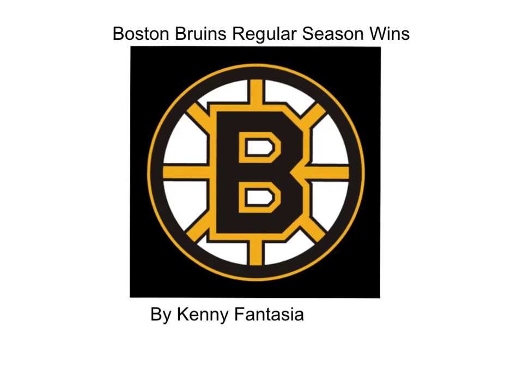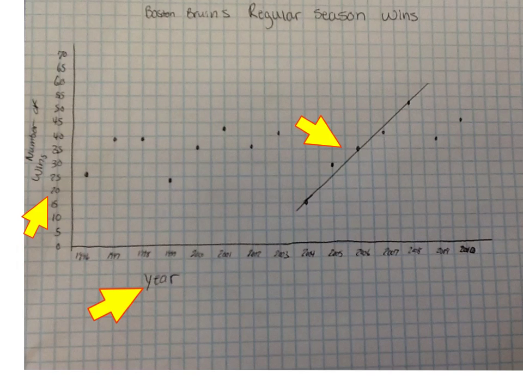Okay, so for my project, I did regular season wins by the Boston Bruins in the last 15 years. So I started off doing some research online on how many wins the Bruins got in each of the last 15 seasons, and then I made a graph where my x-coordinate is the year, as you can see down at the bottom, then the y-coordinate is the number of wins that they had each season on the left side, and then my line of best fit is kind of towards the end of the graph,